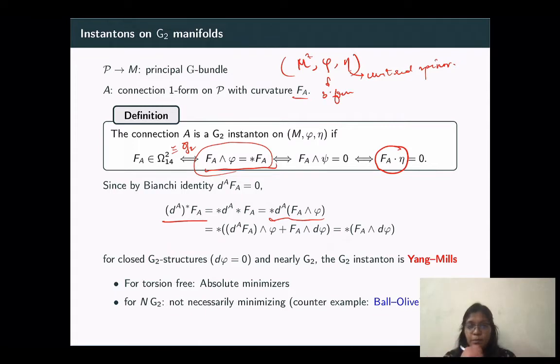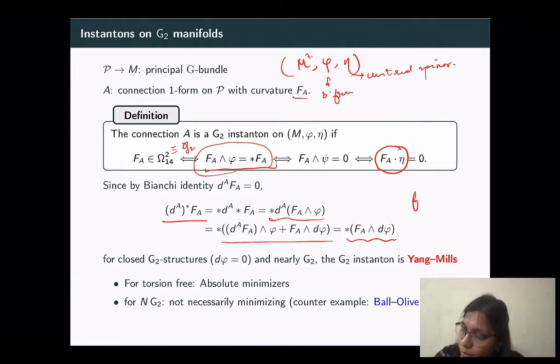You can now split the d_A within the wedge, and what we get is this, and here the first term vanishes by the Bianchi identity, and then we are left with a star of F_A wedge d phi. So d_A star F_A is just a star of F_A wedge d phi, and now from this equation it's very easy to see that if d phi is 0, then our instanton is Yang-Mills,